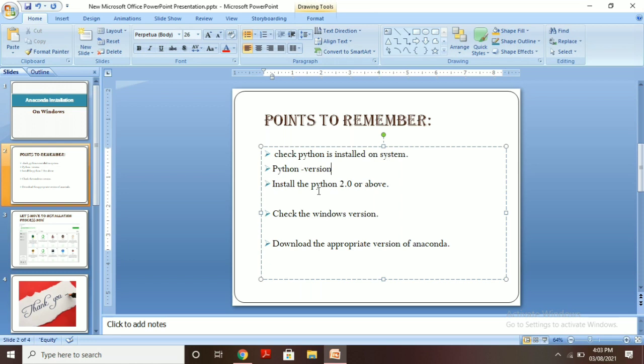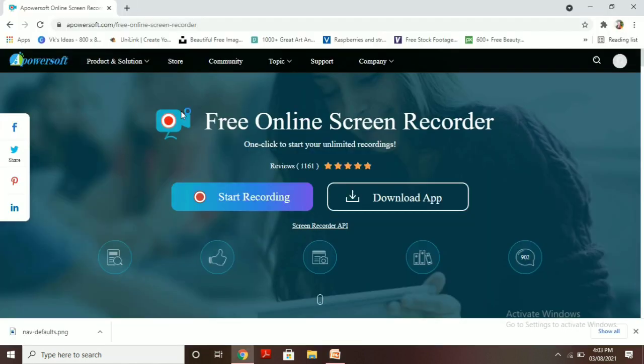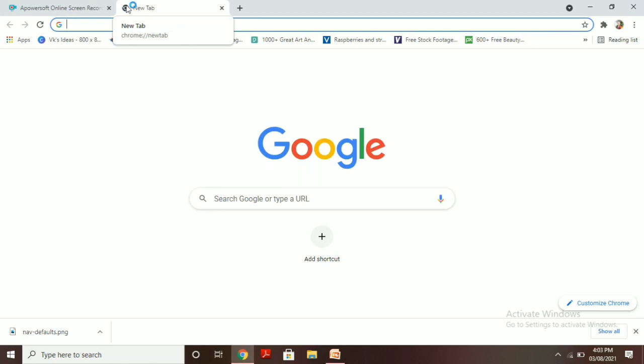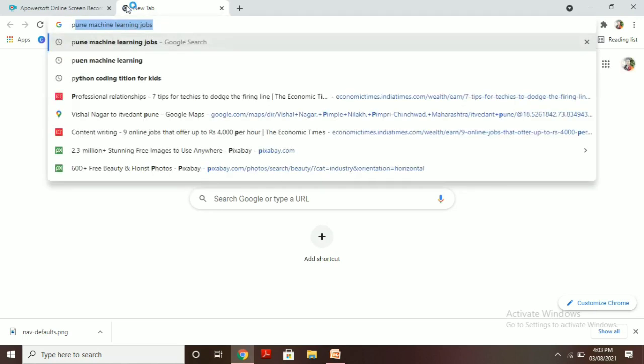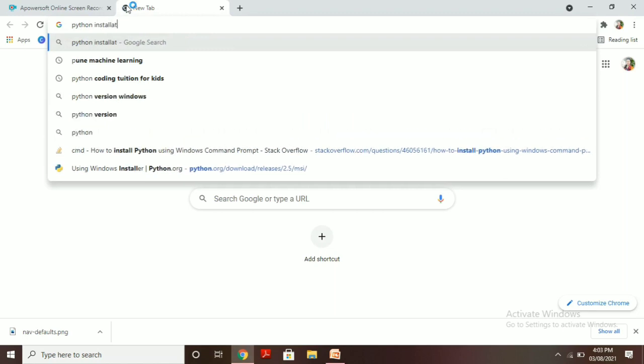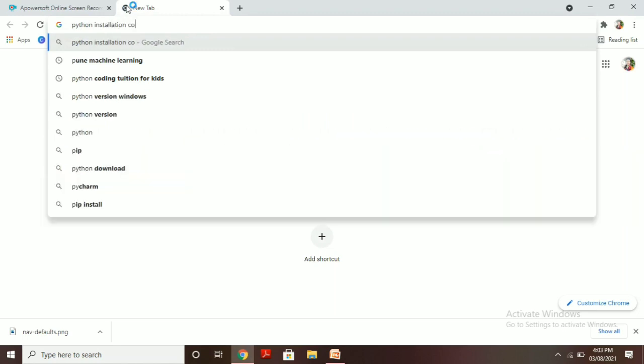If not, you have to install Python. So you can directly type in Google "Python installation command".